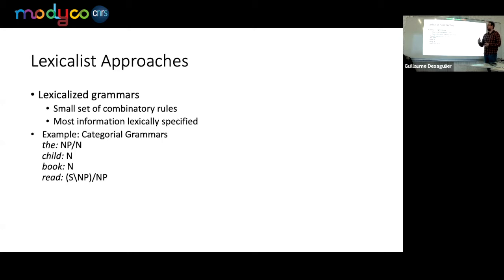And I use categorical grammars as an example because I think they're the most pure example of lexicalist grammars, and because they're very powerful. So in a categorical grammar, you would say that a determiner's category is that it becomes an NP if it is followed by a noun. And a child is a noun, a book is a noun, and read becomes a sentence if it is preceded by a noun phrase and followed by a noun phrase. So that's basically saying that read is a